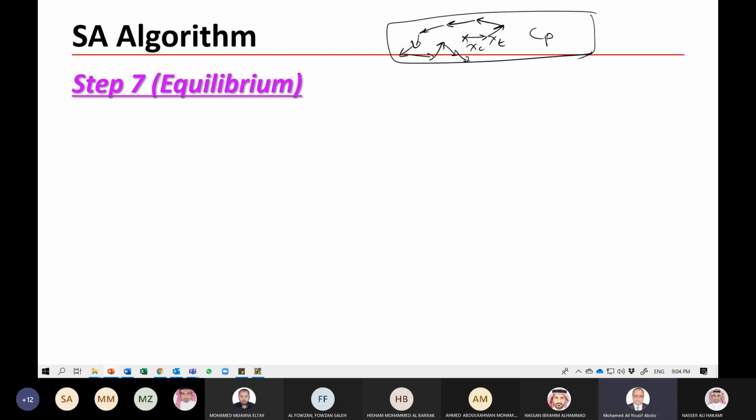How many iterations will we do here? Keep in mind that this is the first chain, K chain equal to 1, and this is the first iteration of the technique. Now, at this level of the temperature, how many trial solutions will we generate? You have to limit this also. For example, 100 iterations or 100 trial solutions will be created, until we